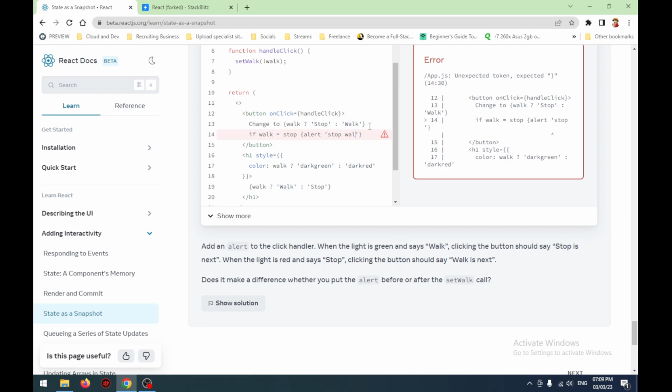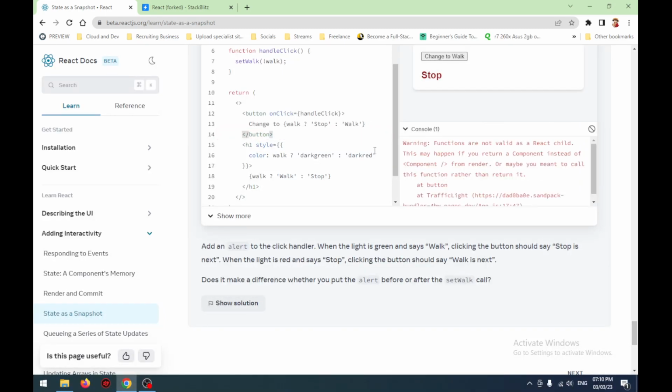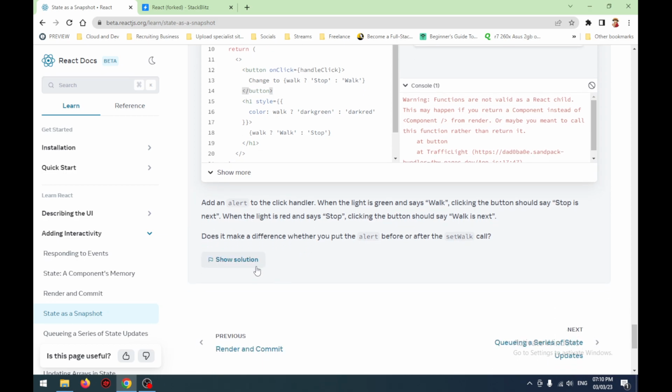Stop walking. Okay, it's a bit complicated. Let's not dwell on it. I know you either use an if statement, or you send an alert message saying